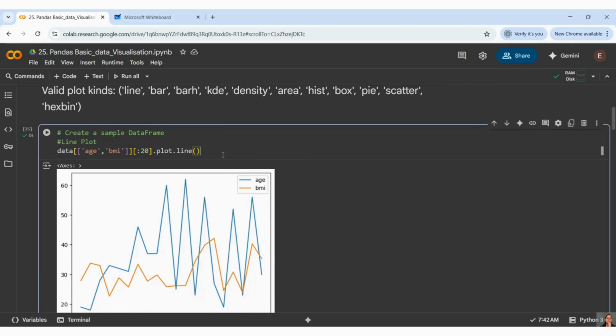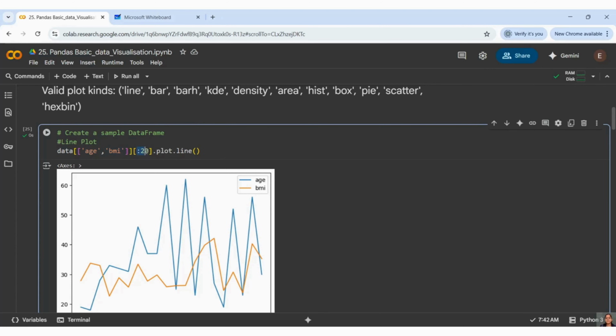Here, what I want to plot, see, by default again, guys, in the case of plotting, just keep in your mind that if you don't give anything, if you're just giving the x axis and y axis, at that time it is just going to plot the line plot, because in the case of pandas, the default plot is a line plot. Here we are plotting age and BMI.